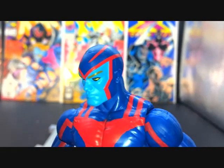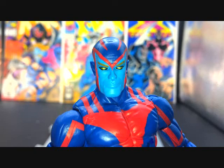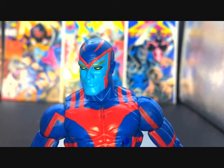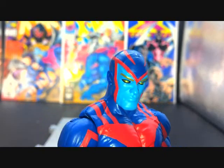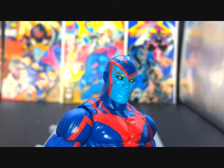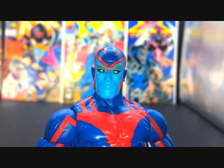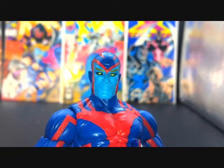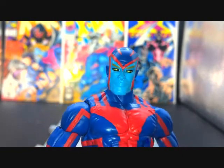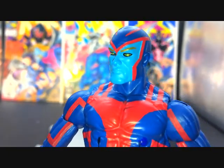And bringing Archangel in a little closer to the camera, you can see he has a nice face design. He has mostly dark blue for his suit. He has some nice red lines going around the outside of his face mask. He has some yellow eyebrows, nice gold eyes, a little black outlining around them. Not much detail on the face, it's just blue. It might have been nice if they would have picked out the mouth or something with a lighter color, but